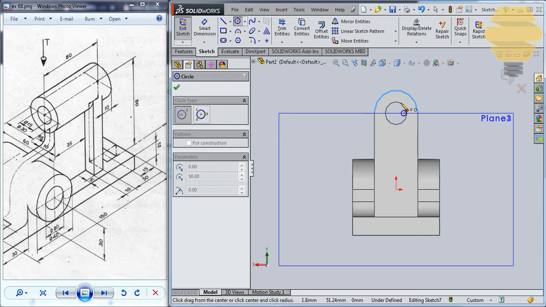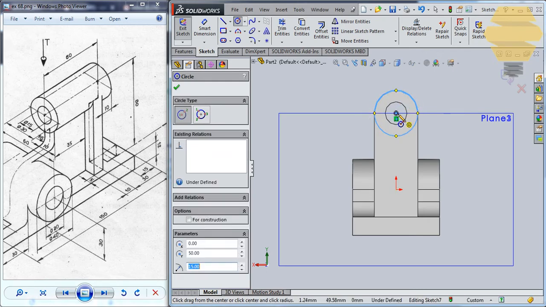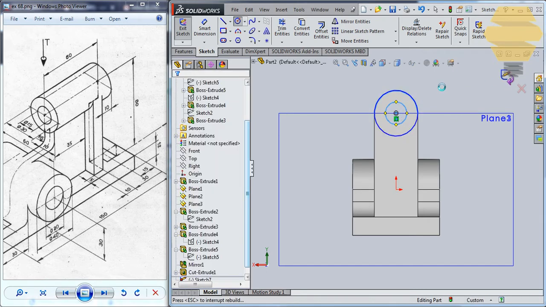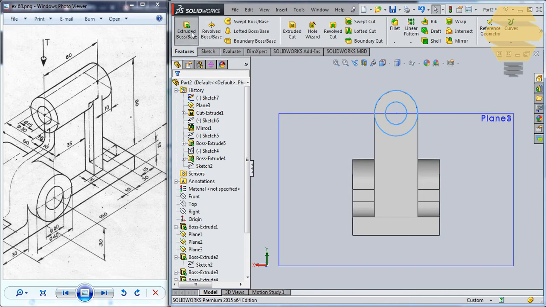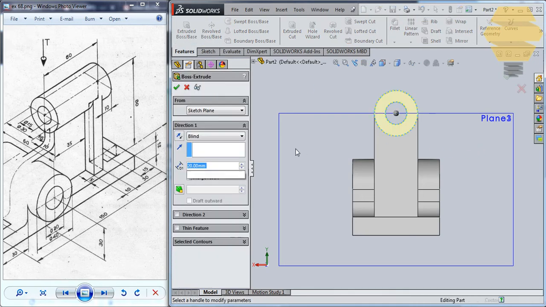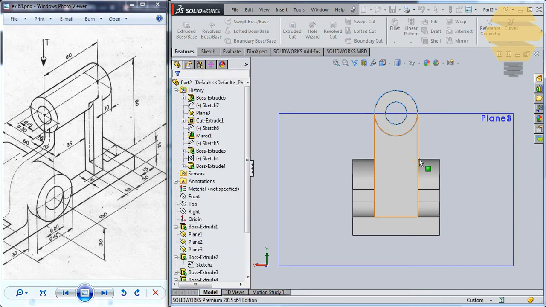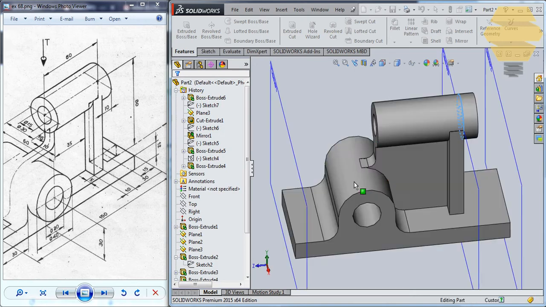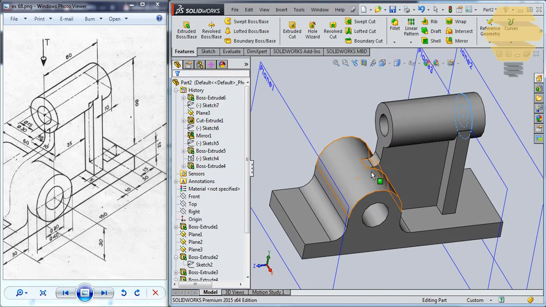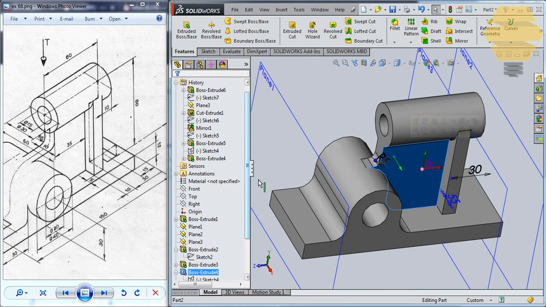Circle, another circle, exit sketch, extrude by 10. Now here we just have to take care. So here what we do is just go to the sketch of this,